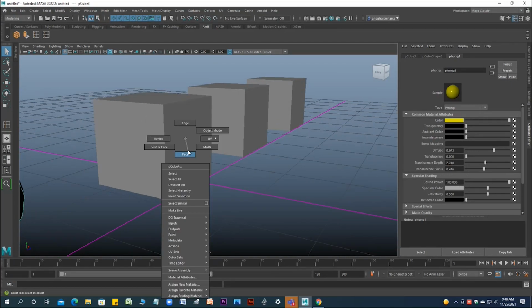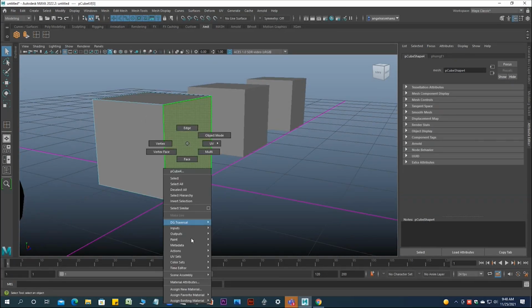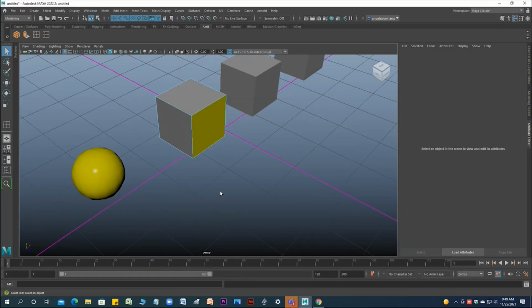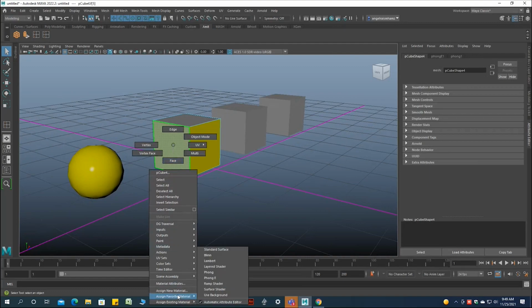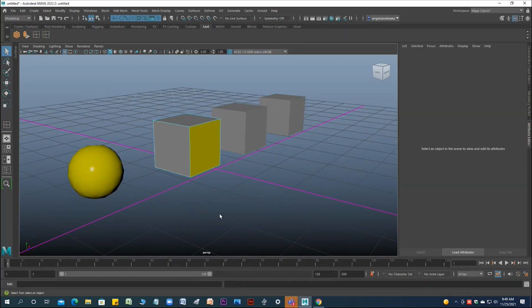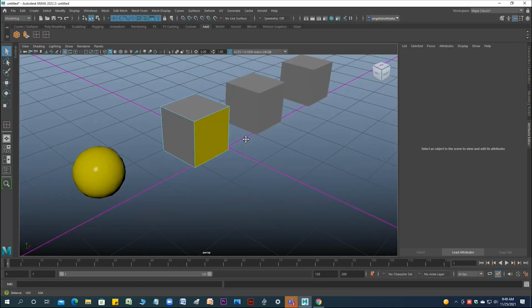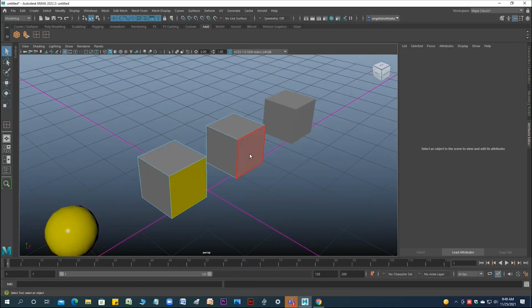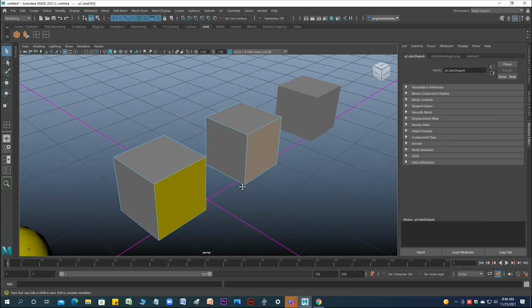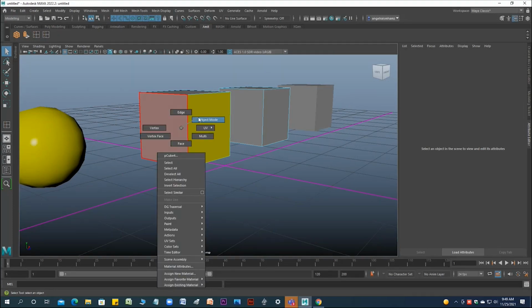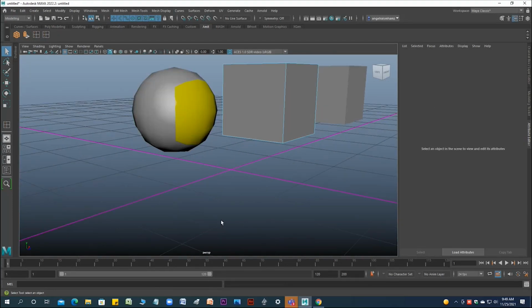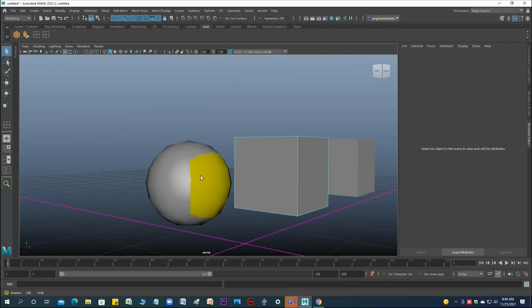You can also select a particular face and apply the shader to that, like what I did over here. So you can see the difference.